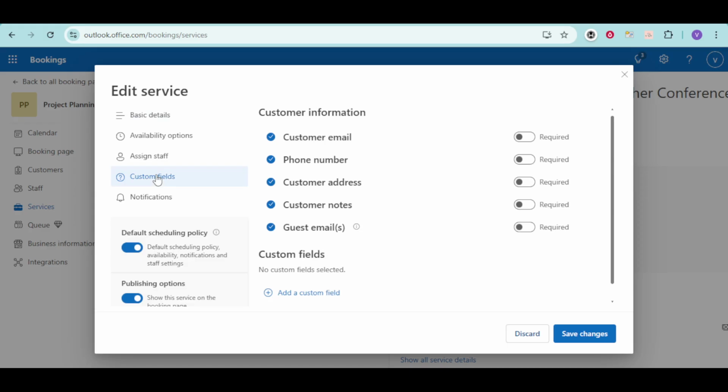In the custom fields section, you will see a list of default fields that Microsoft Bookings provides automatically. These are things like customer name, email address, phone number, and possibly a few others. These default fields are there to cover the basics, and in many cases, they're required so that you can actually contact your customer. You can usually choose whether some of these default fields are required or optional, depending on your